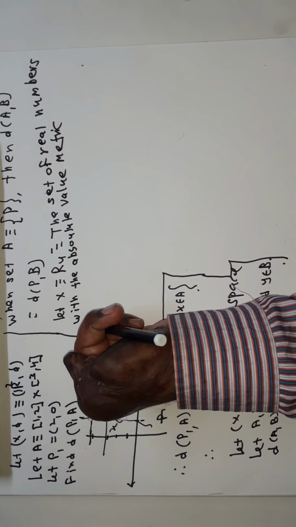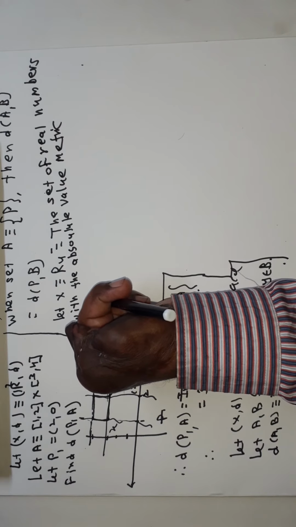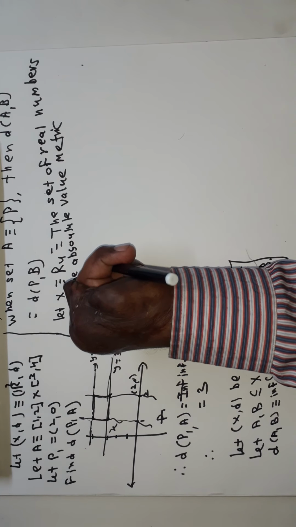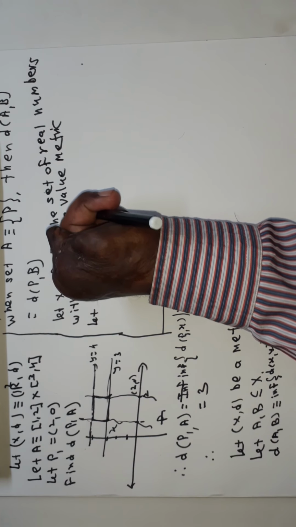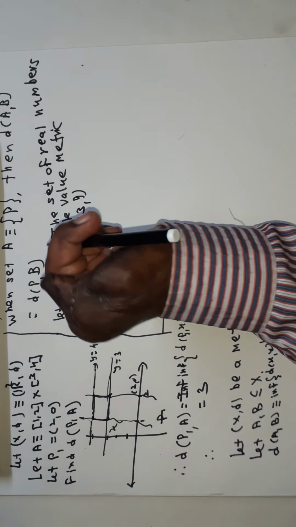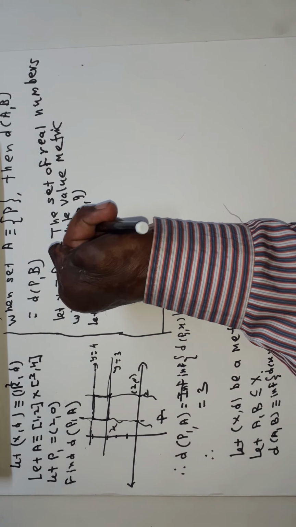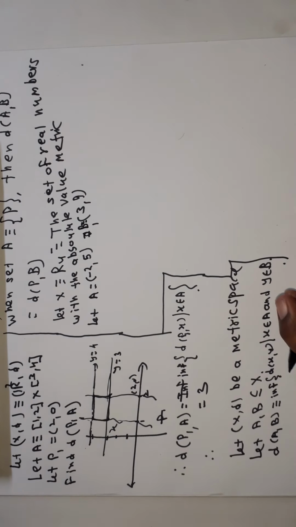Let A be the open interval (-2, 5) and B be the open interval (3, 9). Now, let X be R with the absolute value metric. Let the set A be the open interval (-2, 5) and the set B be the open interval (3, 9), and therefore the infimum of the set of distances between x and y, such that x belongs to A and y belongs to B,